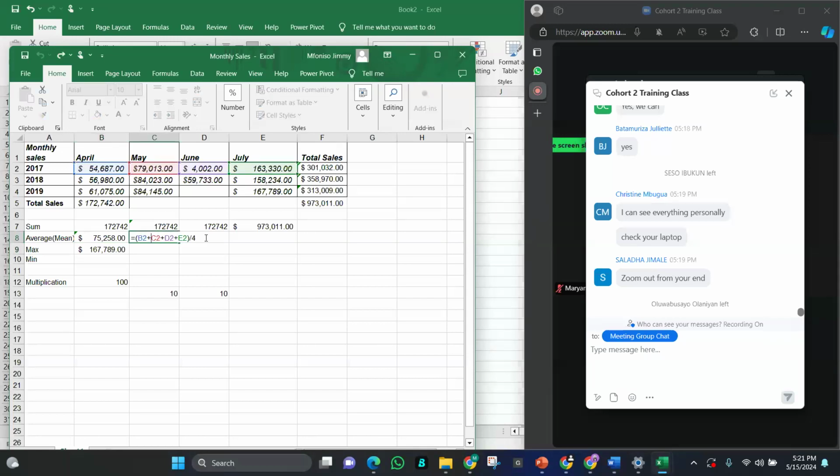I hope Barbara is following. So what I did here is doing average. What the average does is to add up what we want and divide it by the number of places. So in this case, we wanted to add up the 2017 cells between the 4 months, which is April, May, June, and July. So I added it and then divided it by 4 to have the average we see here, because that was what our computer did without us knowing.